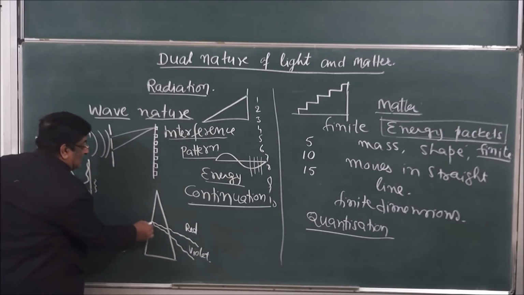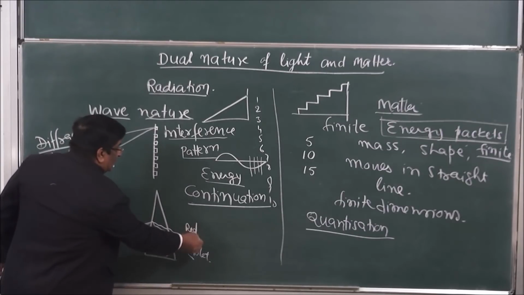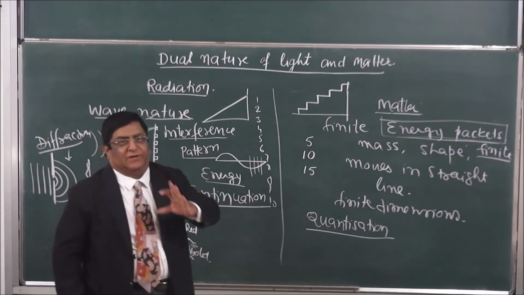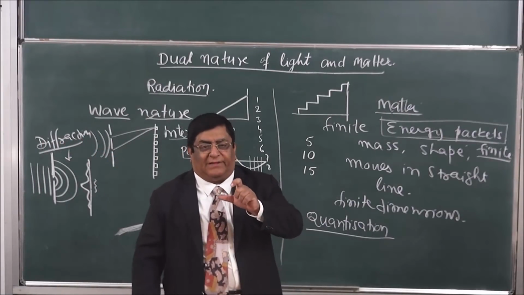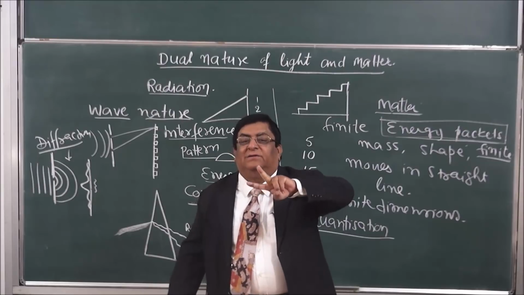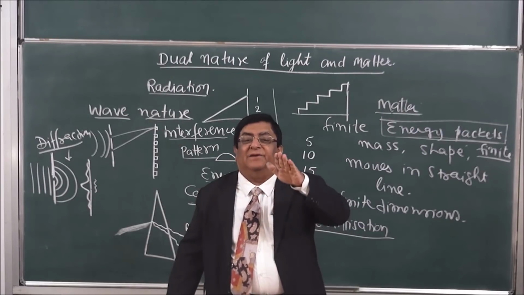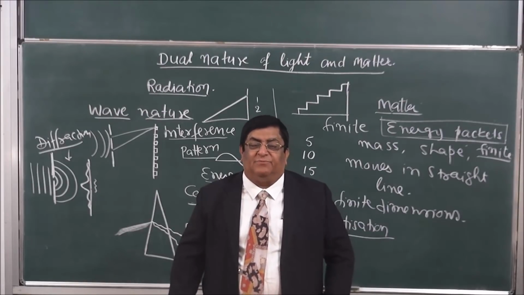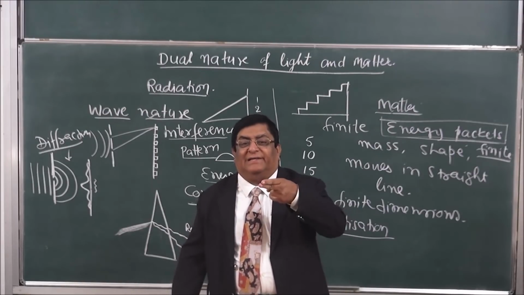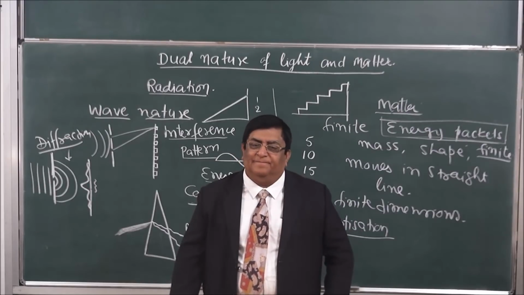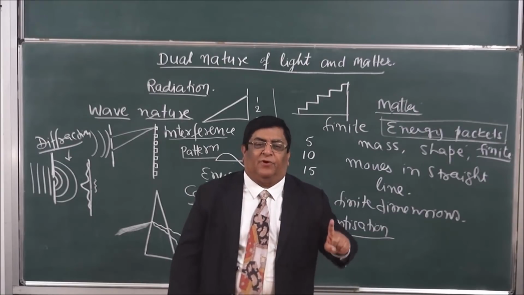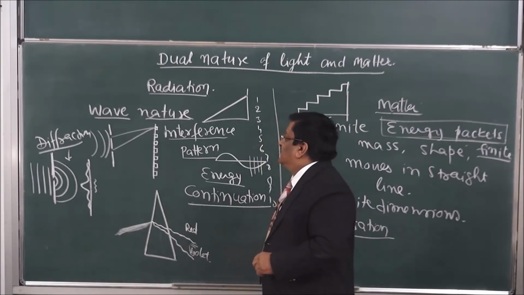The white light is converted into red to violet, the complete spectrum of 7 colors. This is because of the wave nature of light, and different wavelengths of light are deviated by a different angle in a prism. So on the basis of this we explained why white light is dispersed into colors. And all these things we see in the lab, and all these phenomena we explain on the basis of wave